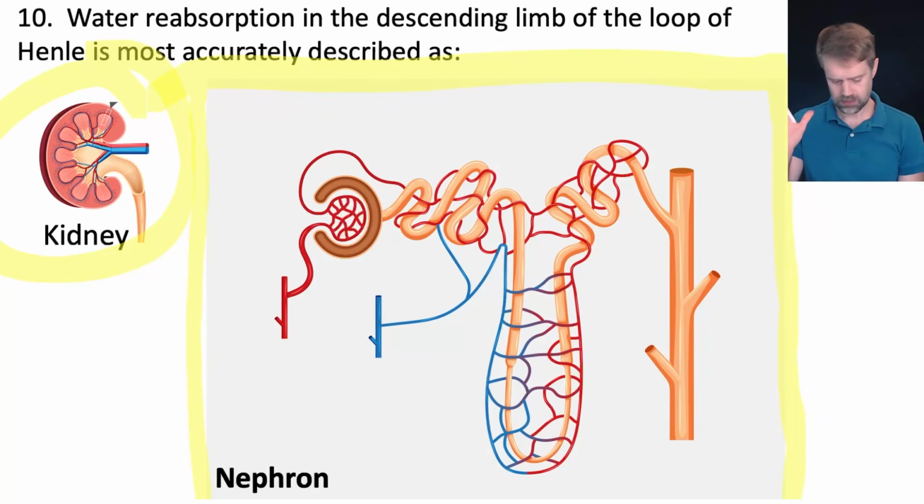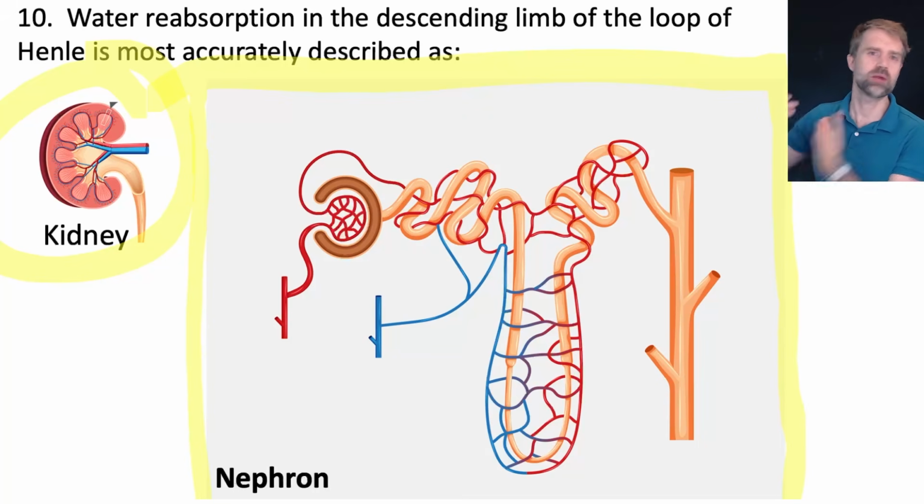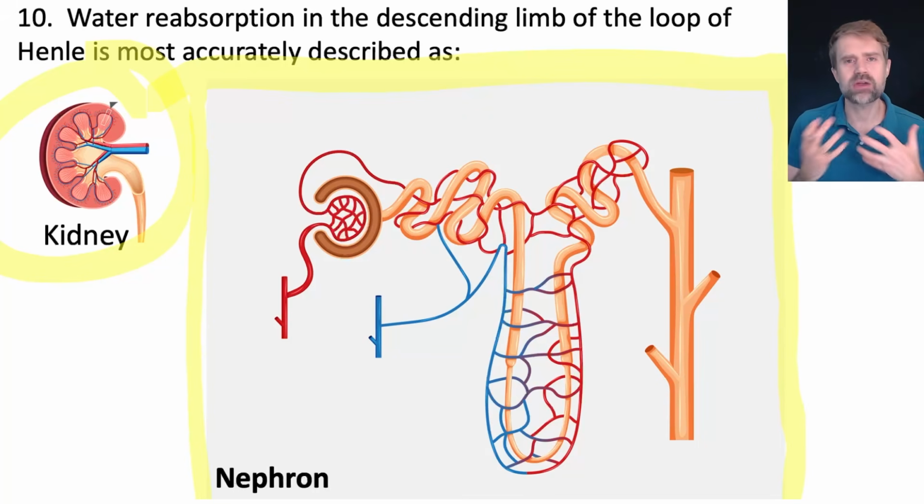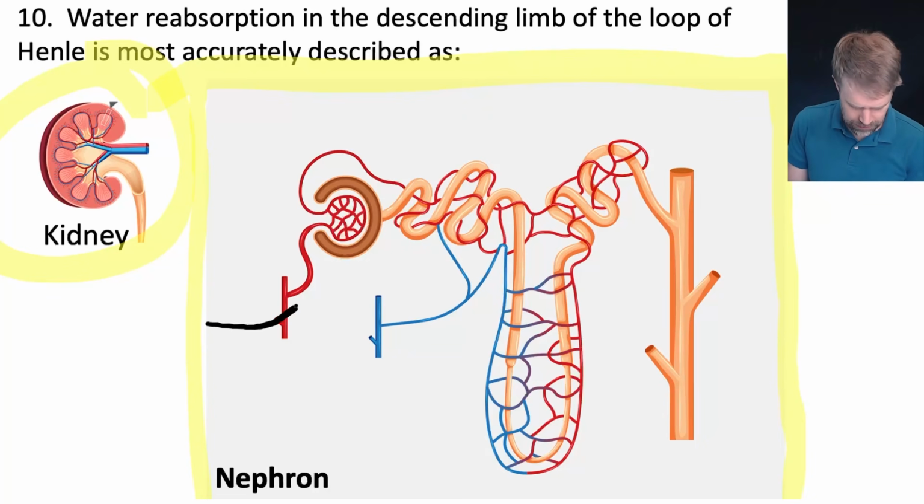So basically, how does this organ work? How does this organ take out the waste and get the balance of water right? It can't take out too much water, or we'd pee out all of the water in our body and we'd die. So how does it get the balance right? Well, here's basically what happens. We have blood entering the nephron here. It goes in this area called the glomerulus, and at this point, a lot of water